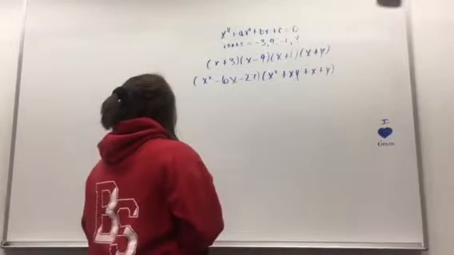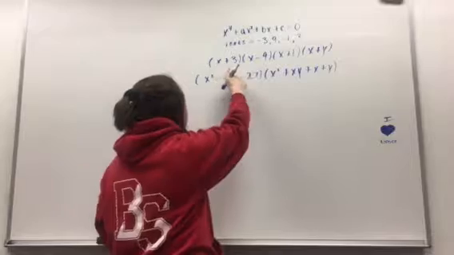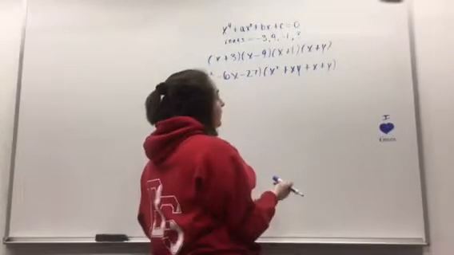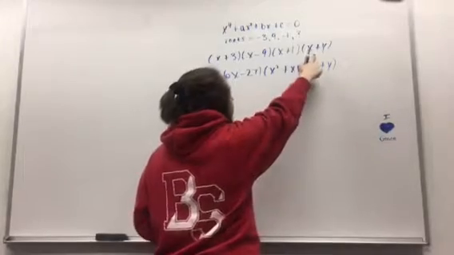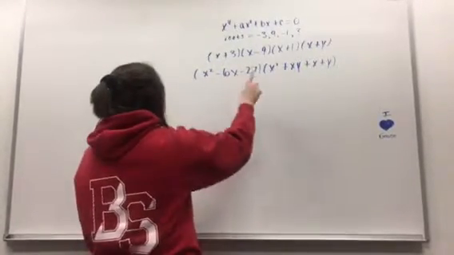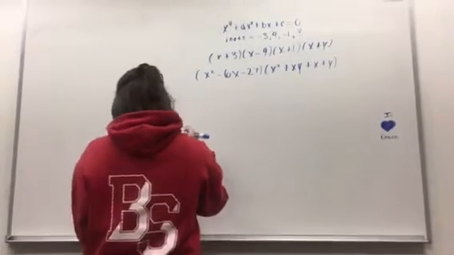So what we can do first is multiply all of these roots out. So we have x plus 3 times x minus 9 times x plus 1. And for the one that we don't know, we're just going to call it x plus y. So the first thing we can do is multiply those out and FOIL them, and then multiply these two together,